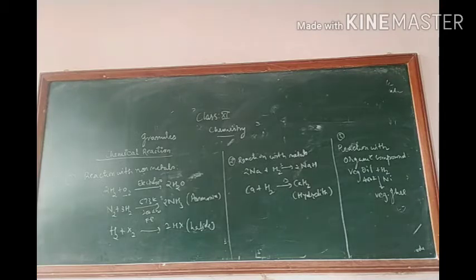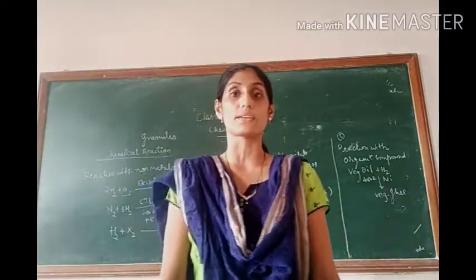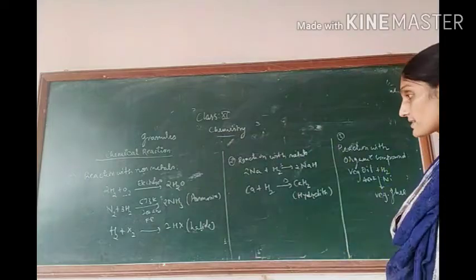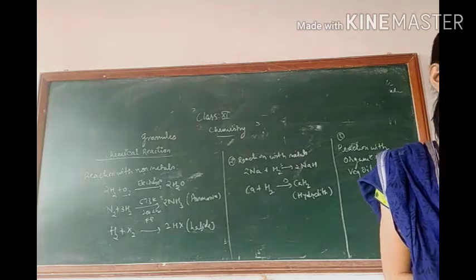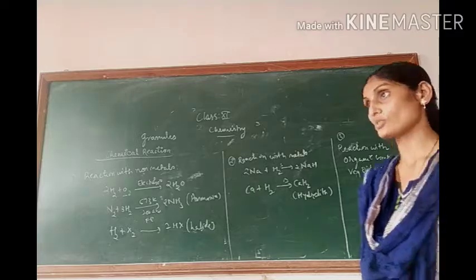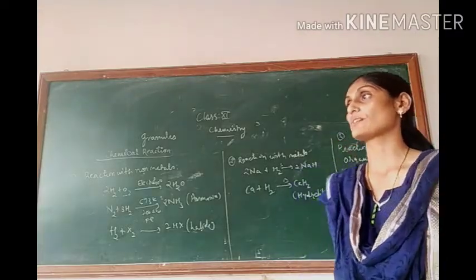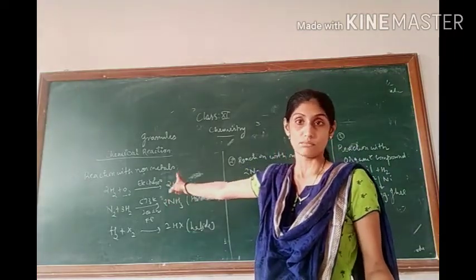That means reaction with non-metals, so with oxygen it will make water. It is a highly exothermic reaction. Reaction with dinitrogen in the presence of a catalyst, with the temperature maintained at 673 Kelvin and the pressure maintained at 200 atmospheric pressure. So it is going to form ammonia, you can see here. And the last is the reaction with the halogen group, that is fluorine, chlorine, bromine and iodine, producing monoatomic halide or dihalide. So this is the reaction of dihydrogen with non-metals.